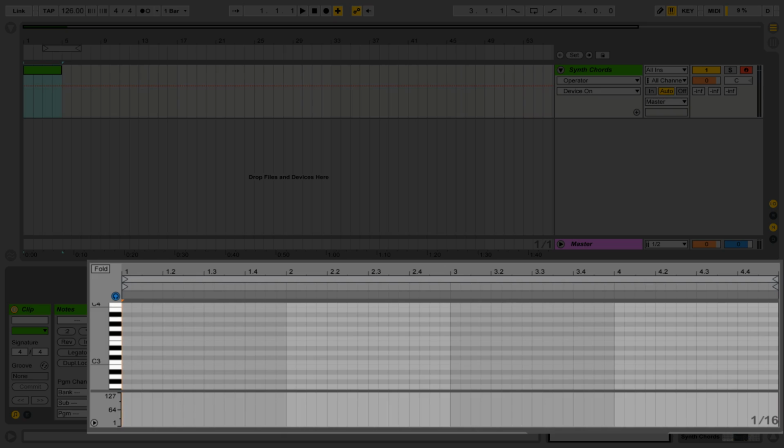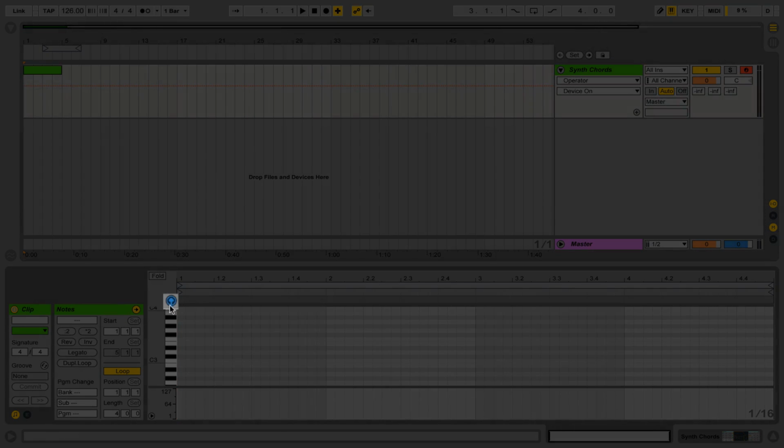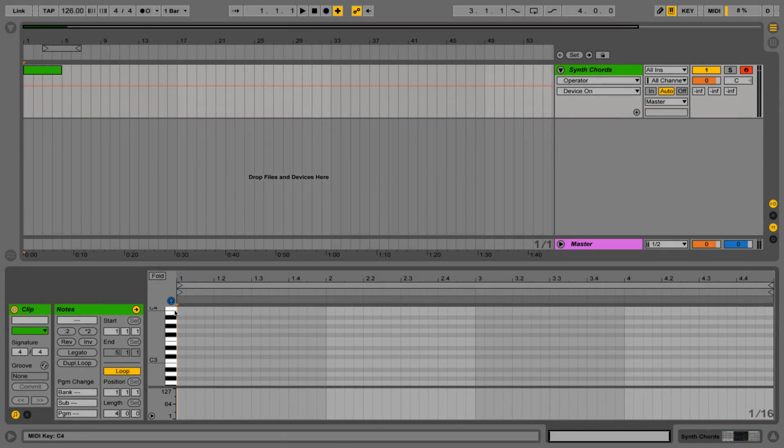And normally what we can do is use the pencil tool or the pointer tool and start plugging in notes, right? We can, of course, record MIDI notes into this. If we wanted to develop a chord progression, and maybe we're having trouble playing it in real time, maybe the tempo of the track is too fast or something like that, this is a technique called step recording that I think will really help. So in order to get this to work, 2 things need to happen. 1, the track needs to be record armed. 2, you need to have this little preview button on in the top left-hand corner of the piano roll view,